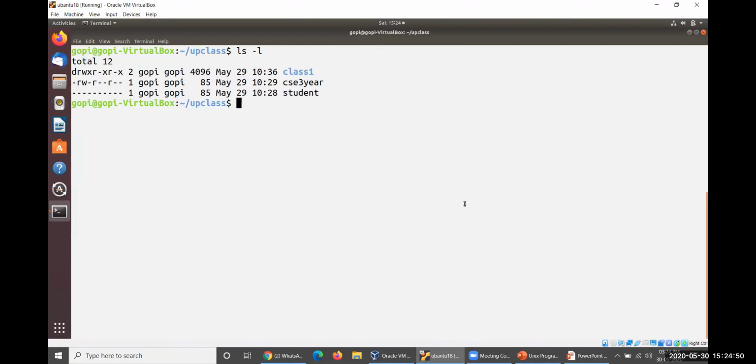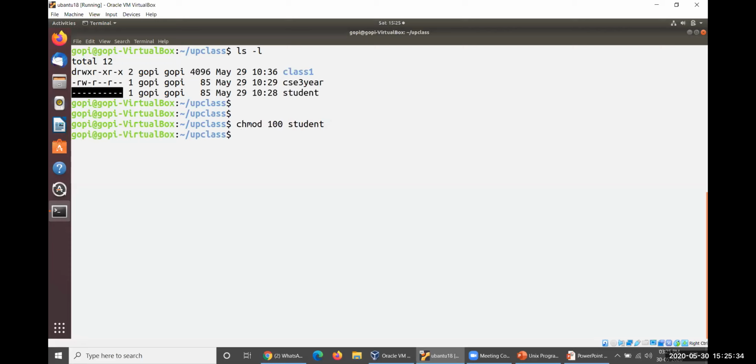Look at this. Here we have a file called student, which doesn't have any permissions. How could you give only execute permission for the user and no permission for other people? Then chmod 100, where 1 means execute permission. The first number is taken by the user, the second by the group, the third by others. So execute is given to the user and no permissions for the group and others. Then the file name, student. File or directory, whatever it may be, you have to mention.